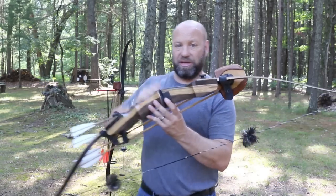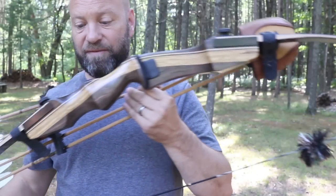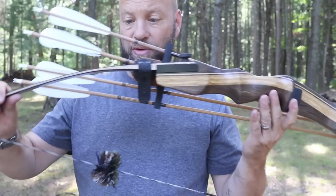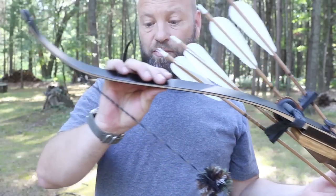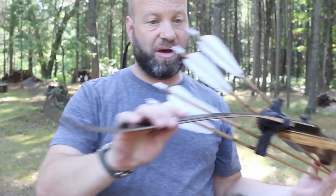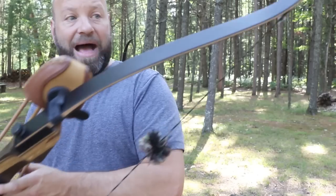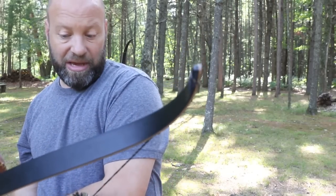I'll bring it in here. You can see the actual fit, and you can see that riser on there. Like I said, very pretty bow, very functional bow. No fancy bells and whistles, but you don't need the bells and whistles. You don't have to have them. It is an entry-level bow, you could say, but on the side of being entry level, it is also